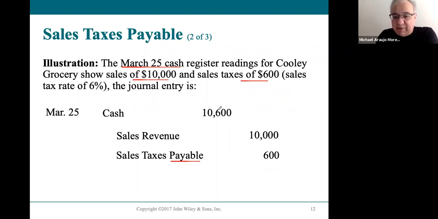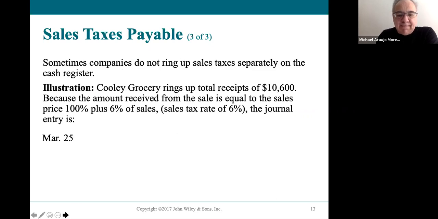So yes, they do collect a lot of cash, but it's not all theirs. They need to remit that, right, in a payable. So that's a very important thing that happens. Some companies don't ring up the tax separate, but there's ways in which we figure that out. So in this case, Cooley Grocery is ringing up a total of $10,600. Okay. The state has a 6% sales tax. So how much of that